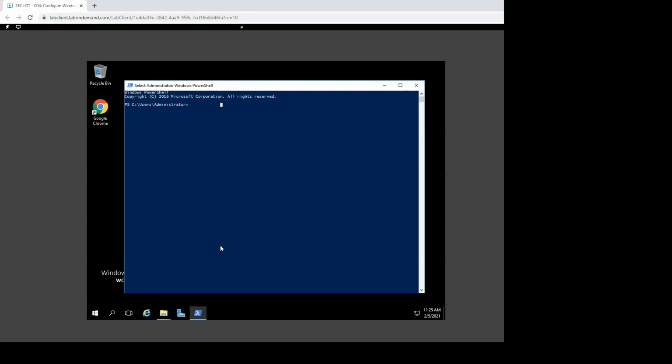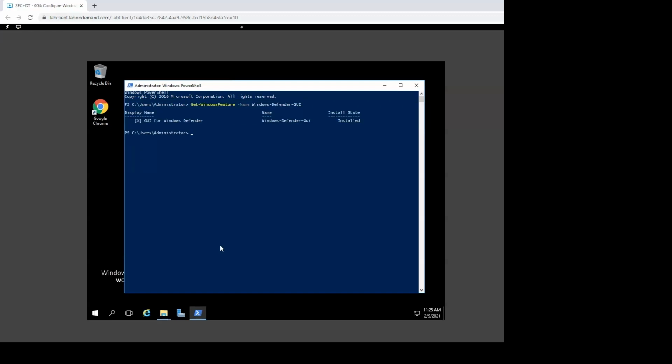First things first, we're going to go ahead and make sure that the Windows Defender GUI is actually installed on this particular machine. So here inside of PowerShell, we're just going to run the Get-WindowsFeature command. We're going to specify the name, and of course, it's going to be the Windows Defender GUI. So we're going to run this command and see if the GUI is actually installed. All right, so we see that the Windows Defender GUI is installed, which is what we expect for this particular